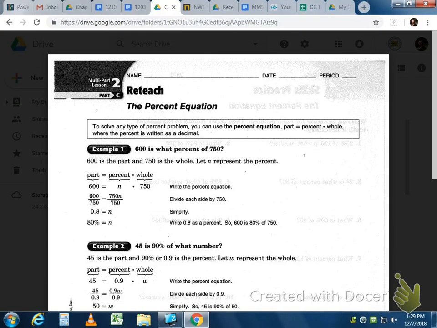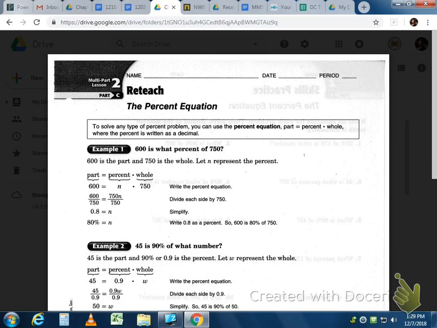Lesson 6.2c, the percent equation. These problems are going to look so familiar because we've already done them. We've already done them for sure the last lesson where we did the percent proportion. We did some of them the day that we talked about percentages and we just multiplied. Today, though, it wants us to use a percent equation, and here's some things that I'm going to have you